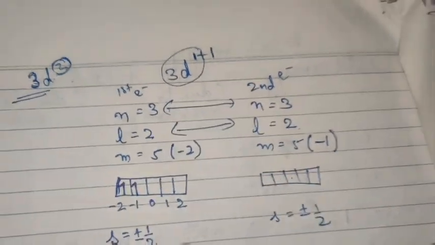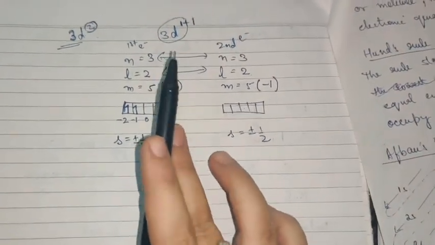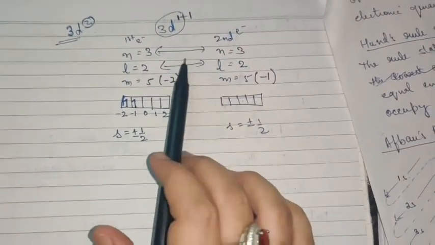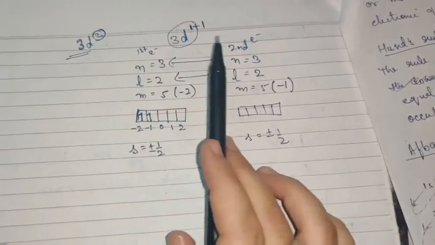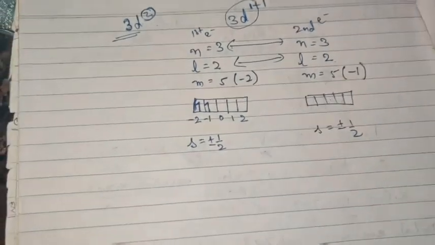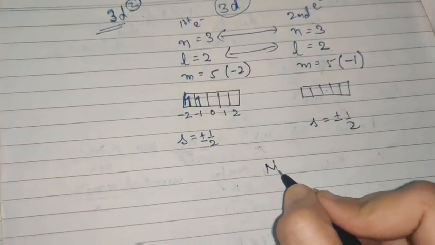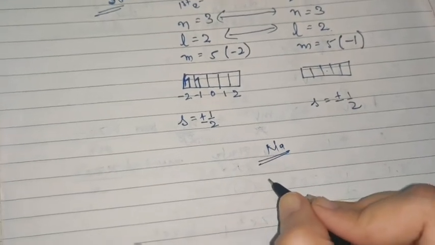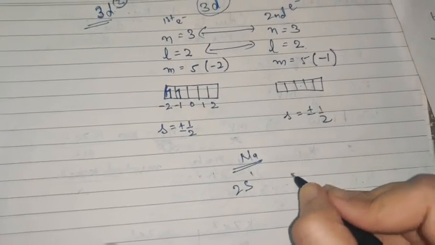Basically the Pauli's exclusion principle says that no two electrons in an atom or molecule can have all the 4 quantum numbers the same. It is impossible for this to happen. Suppose you have 2 electrons in an atom. I am talking about the sodium atom only. One is present in 2s, another is present in 2p.